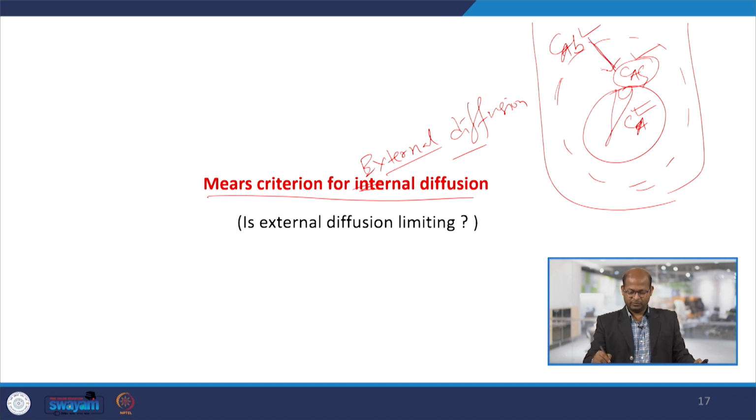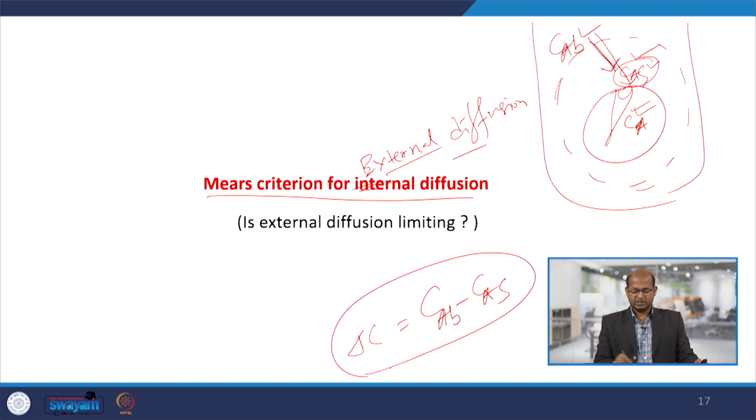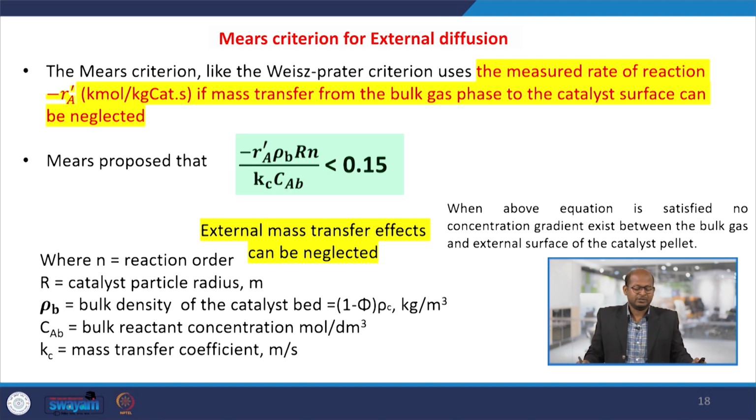So here the flow rate means reactants will come here, before that it is disappearing or converting into the product. Then some changes are there, C_Ab minus C_AS, some concentration change. If there is a concentration change, then diffusion would be there, that is called external diffusion that we have discussed. So, the measured rate of the reaction in terms of kilomoles per kg catalyst